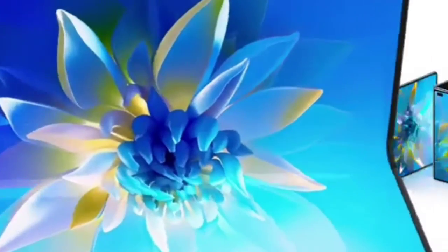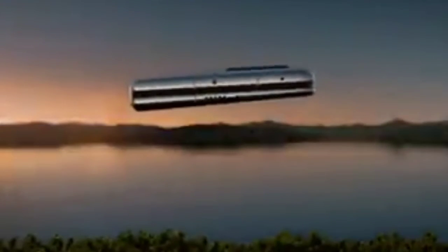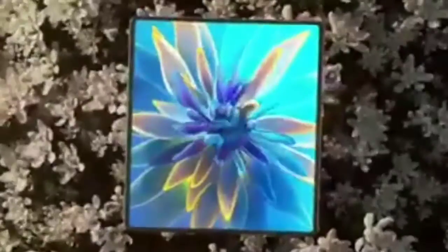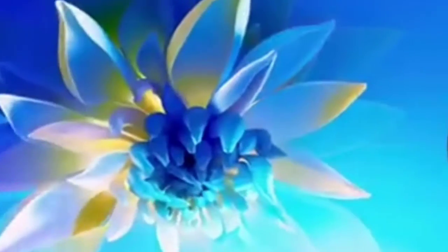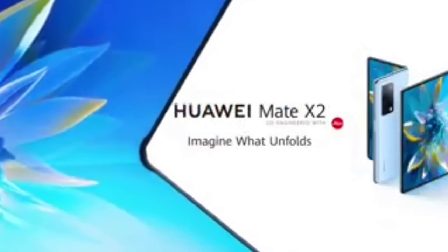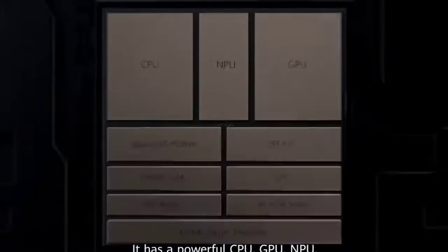I appreciate Huawei for changing the idea it had taken to make a folding phone, like the Huawei Mate X, whose design I don't like. I like the futuristic design, but it can break easily. This one has a special mechanism. I like that it has no gap. It has the best processor, a 5 nm processor. But one thing I like is the 4500 mAh battery. It has the 9000 processor, which is very efficient,